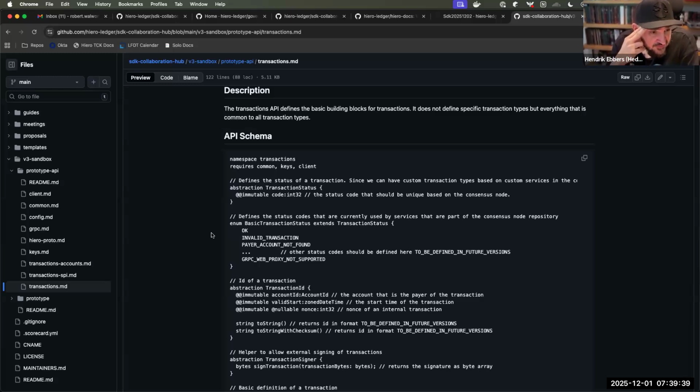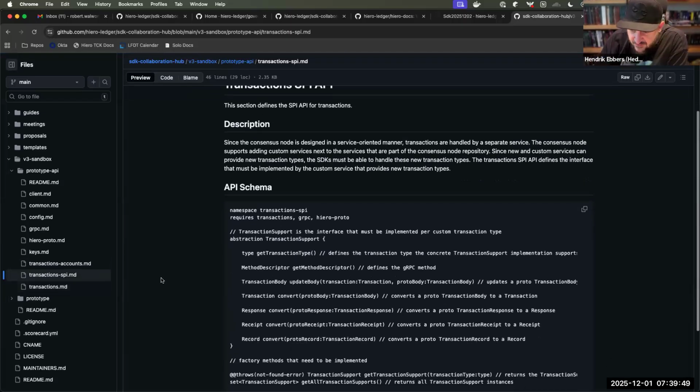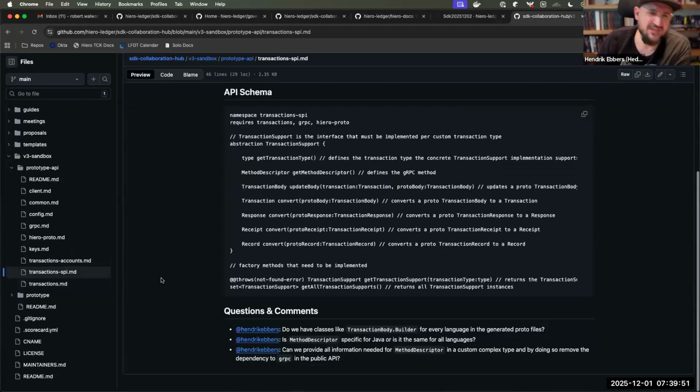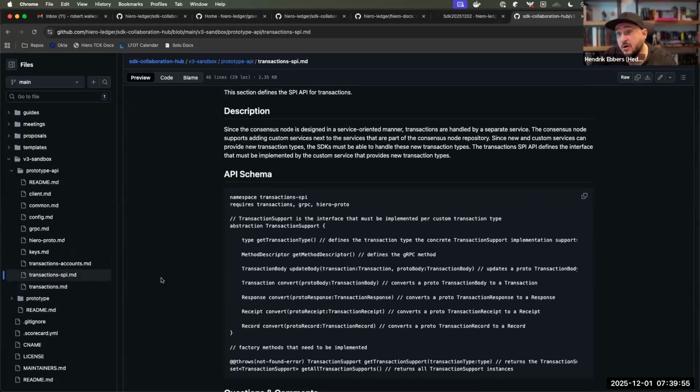And so even the internal ones, I try to. Can you go to transactions SPI, which is one above? I think that has an example too, right? I hope it has an example. No, I don't have an example. I need to edit. That is something you really only need to do if you implement transactions. And I want to add examples to that one too, right? So that is things that should be part of this documentation.